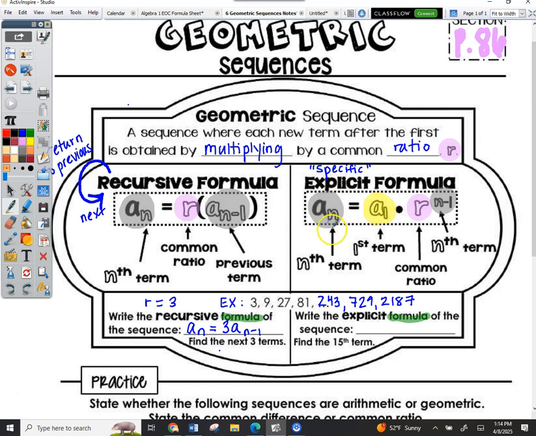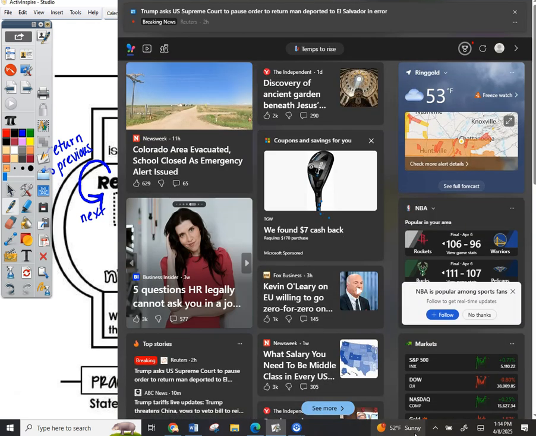Here we go. The formula is a sub n equals, you do have to plug numbers in for a sub 1 and for the r. A sub 1, by the way, means